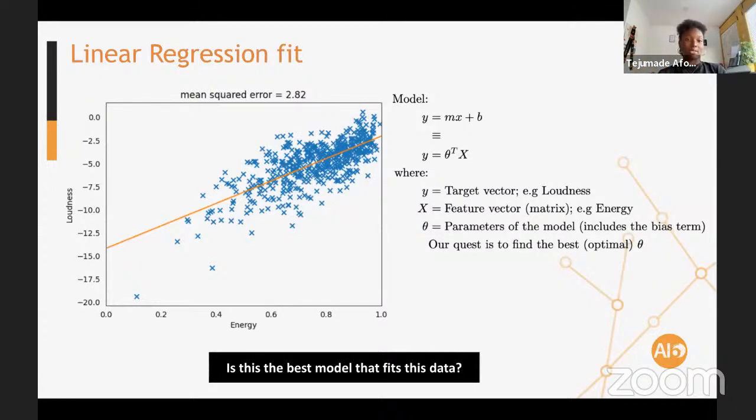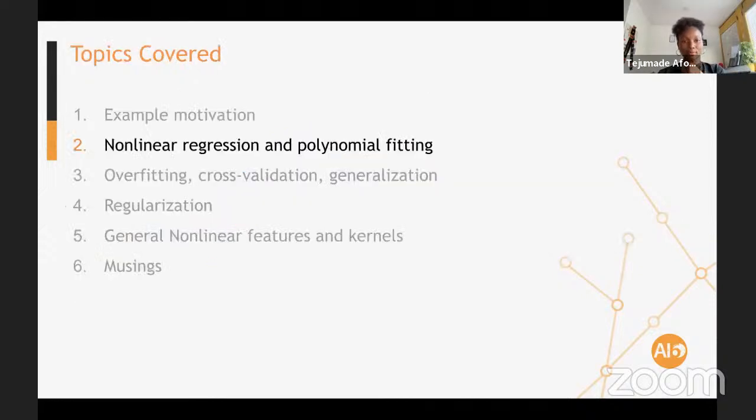We need to try more things because we are practitioners. We keep looking at things. So this is now moving us into another topic called nonlinear regression and polynomial fitting. So any questions so far?